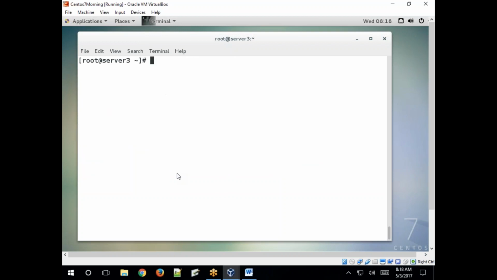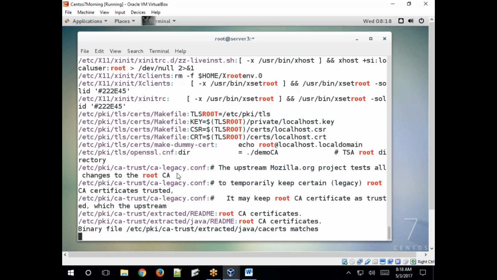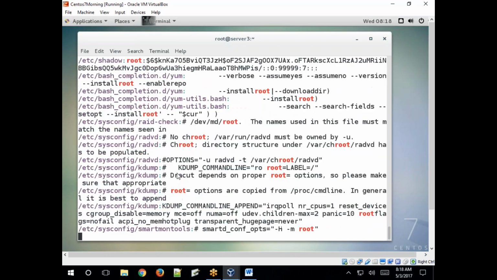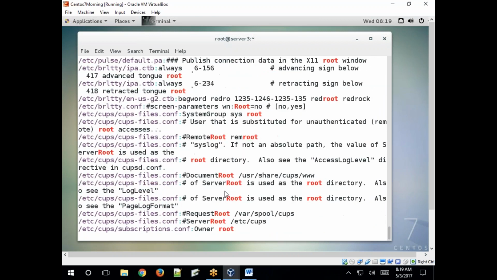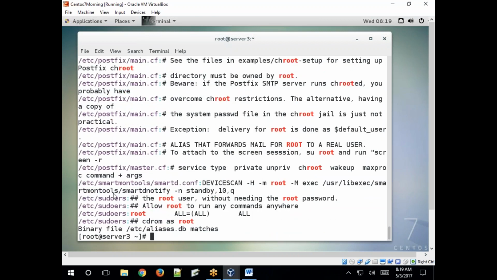Okay. If you specify, for example, /etc, see, it contains all the files. It contains file names as well as the matched pattern lines. Sudo file. Okay. So /etc/postfix/master.cf, inside this file, this line is there.